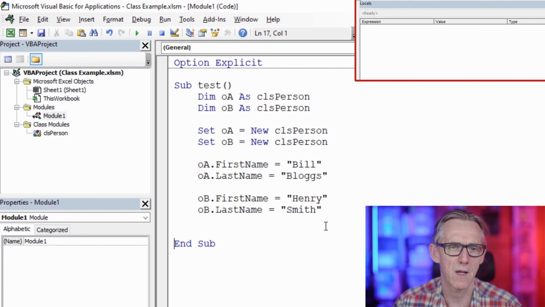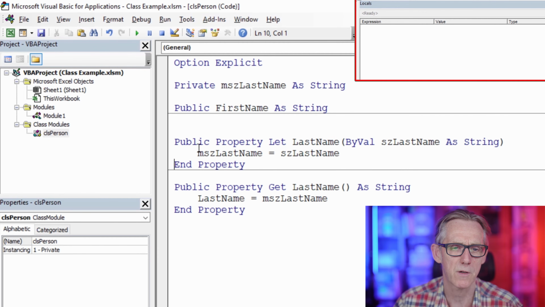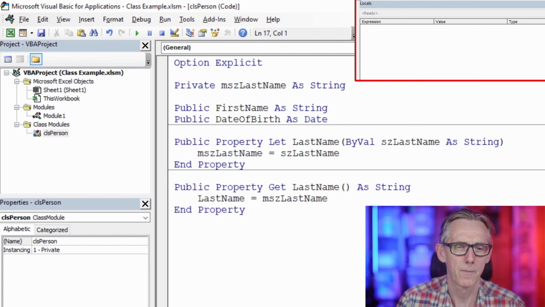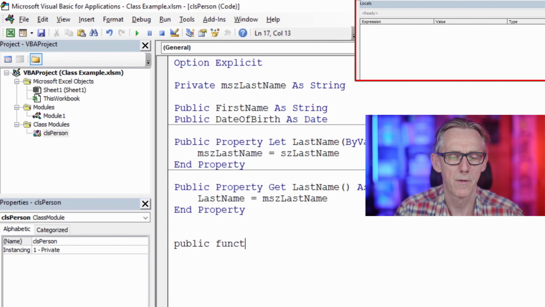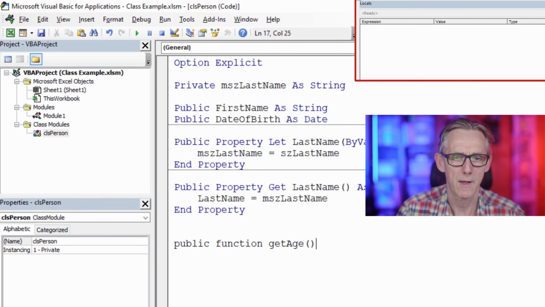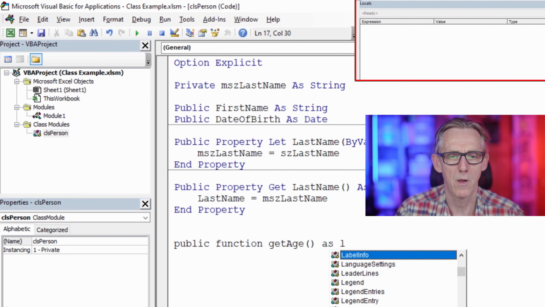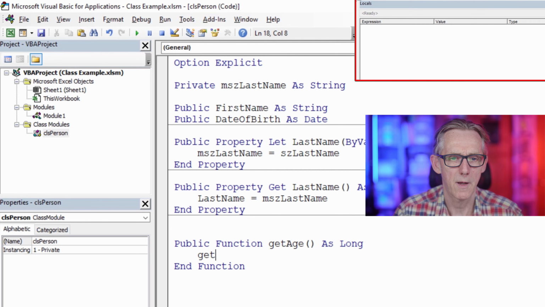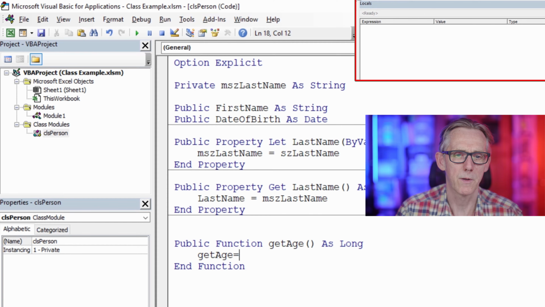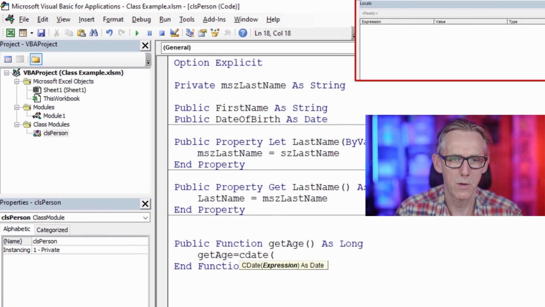Let's make this a little bit more complex now. So let's go to class Person and we're going to say set date of birth. I'm going to do Public DateOfBirth, and a Public Function GetAge As Long. So GetAge equals CDate(Now) minus DateOfBirth,